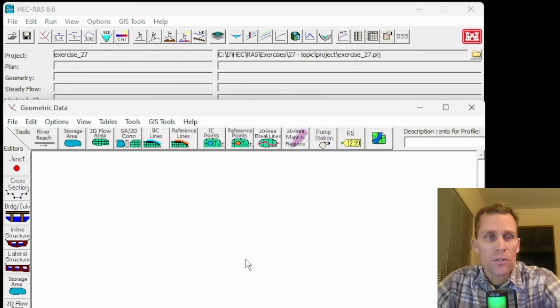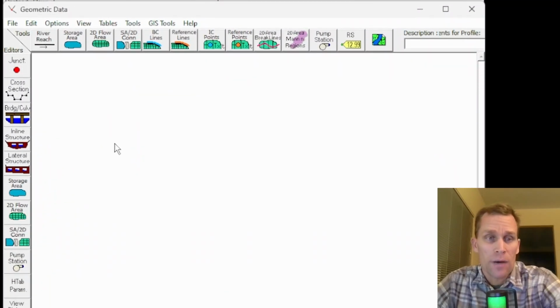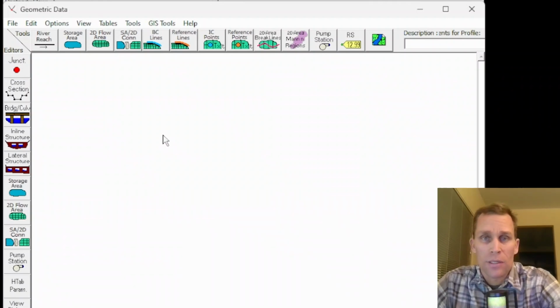All right, first things first, I'm going to go ahead and define a geometry file and then a flow file, the sediment data, and then we'll get to the plan and the dredging. Then run some simulations, change a few things, and look at results to see how the input data affects the output results. Anyway, starting with clicking on River Reach,